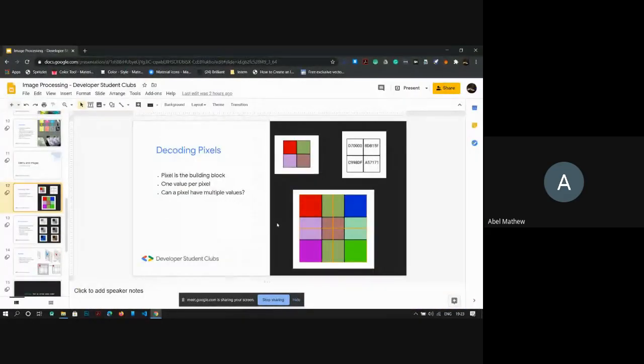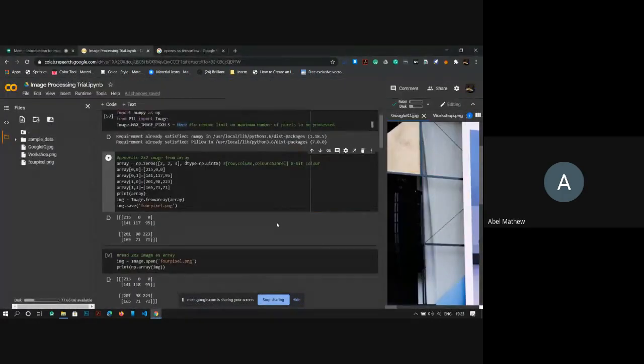So this particular image that we have on the top left, the 4 pixel one, is something that we are trying to recreate. Those values like D70,000 and everything, I have converted to decimal values and put into this array. 4 elements, 2 cross 2, and we have this. So when we print it, we get the 4 values.